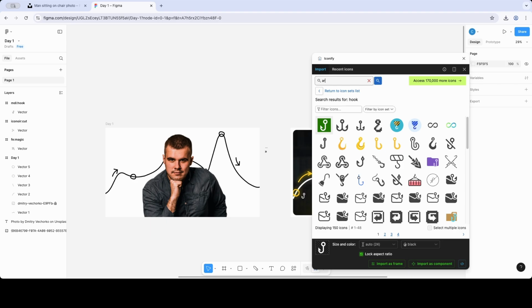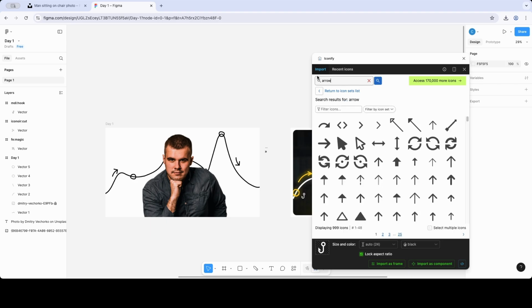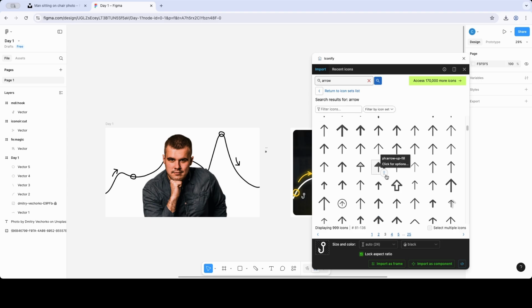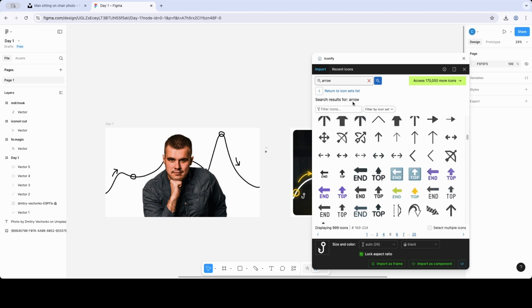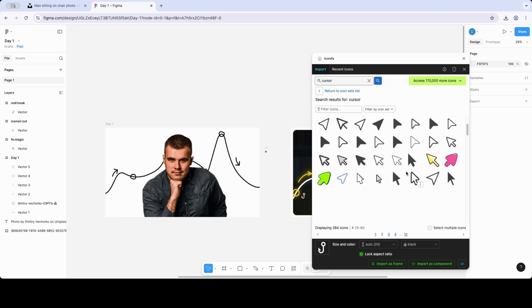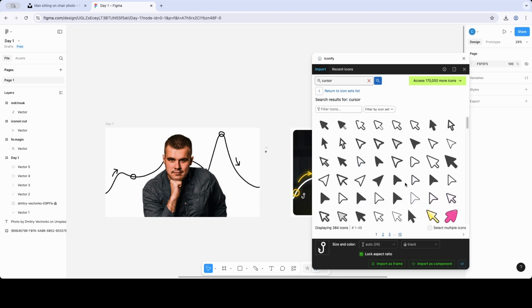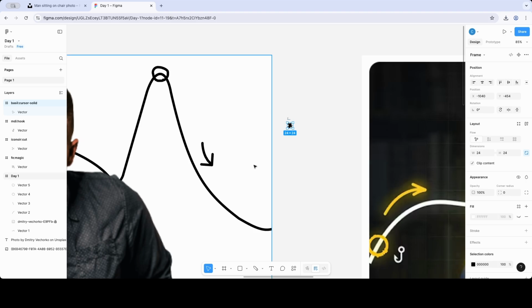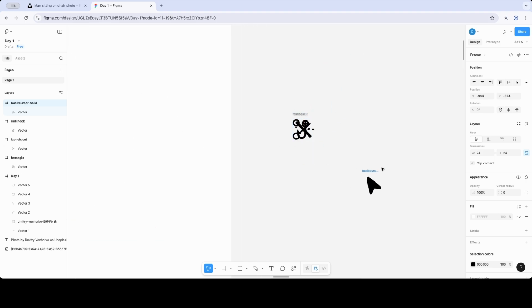Let's search for arrow. We have many kinds of arrows, but we aren't finding that arrow. Let's search for cursor, by the way. Yeah, cursor will do. This one looks good. Let's import it. Okay, now we have enough icons, I think. Let me just,